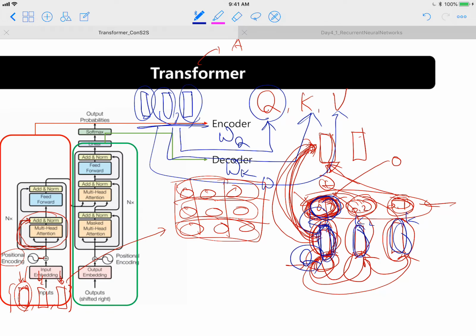So far so good, right? And then sometimes, yeah, sometimes we actually omit this part. So